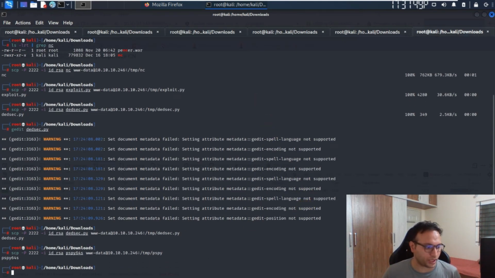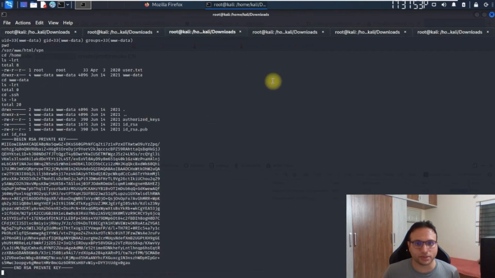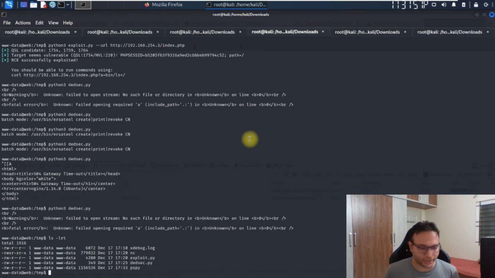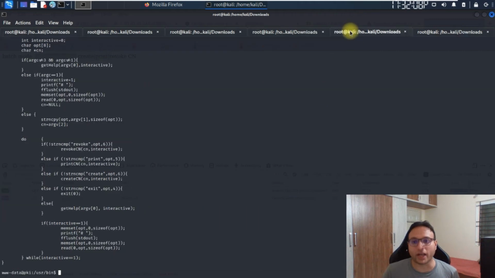Okay, now it's copied over there itself. Now I'll go to the terminal and check whether it's present over there or not. Yeah, it's present over there. I'll run the Python simple HTTP server over here on port 1337. And now our bigger challenge is we try to fetch that file to our machine 2.